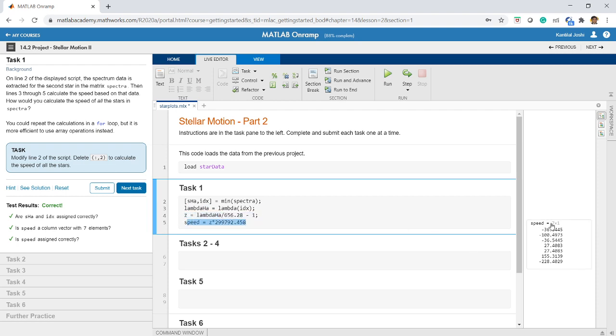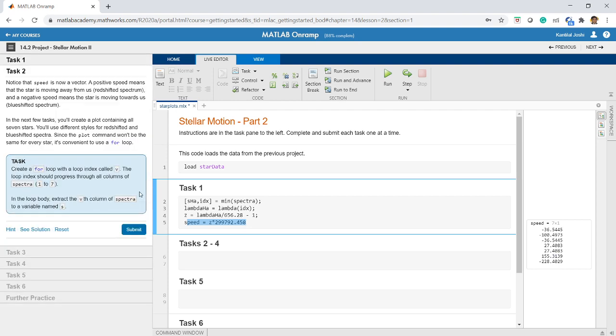So finally you get a 7 by 1 matrix, with 7 rows and 1 column, corresponding to each and every star. The array operations in MATLAB can help you do things easily without writing a lot of code.